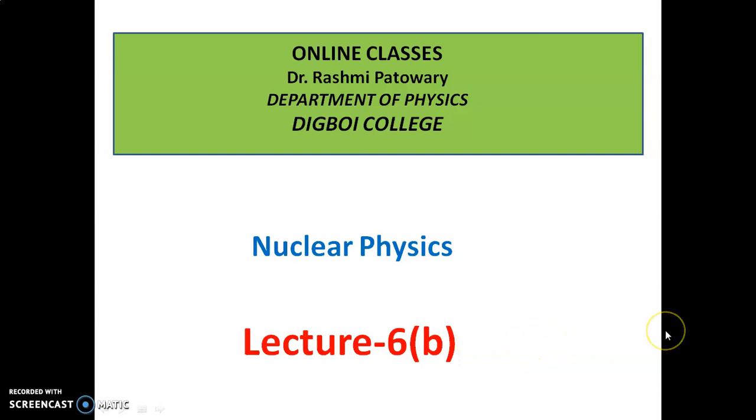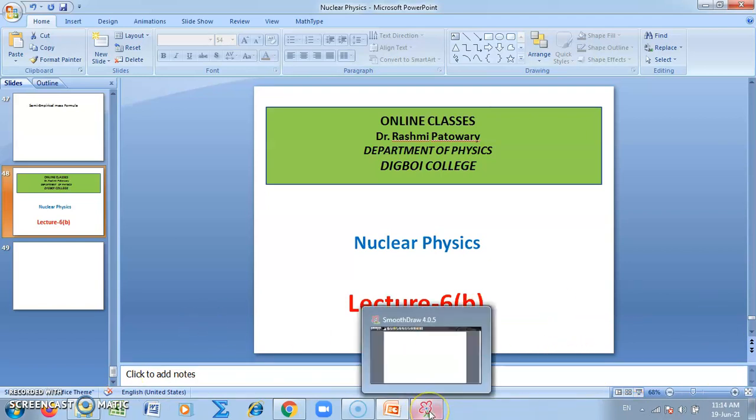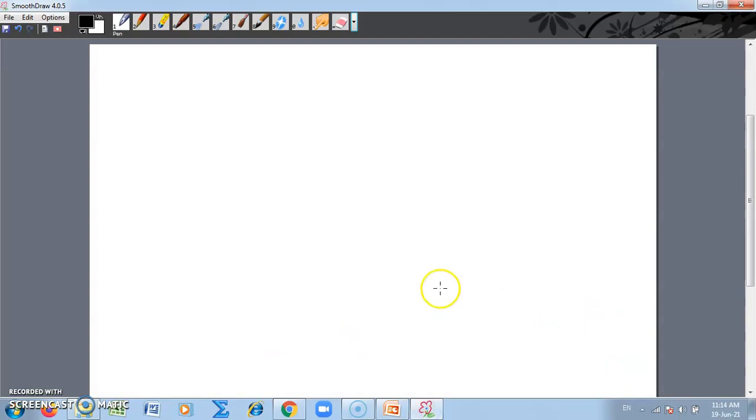So students, welcome back. We were talking about the different properties of the nucleus, and we again went on to speak about the quantum properties of the nucleus, and we saw that the nucleus has certain quantum numbers which are very similar to the atomic case, where the electron has quantum numbers. We have the principal quantum number n, the orbital quantum number L,